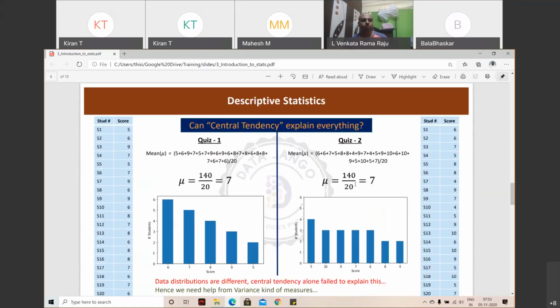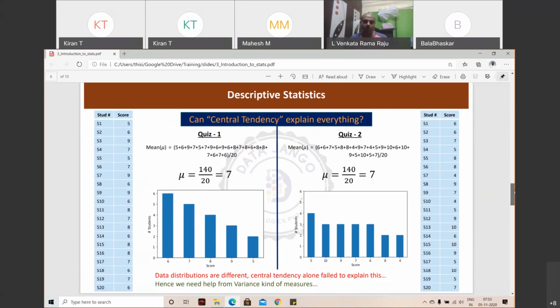Now we will understand one more concept called variance. I said that central tendency can explain data, but central tendency may not be sufficient in some data sets. If you look at this data, there are 20 students, and we'll see how to do these graphs using code also. The same data I have taken and built the graphs now. I'll show you maybe Monday.